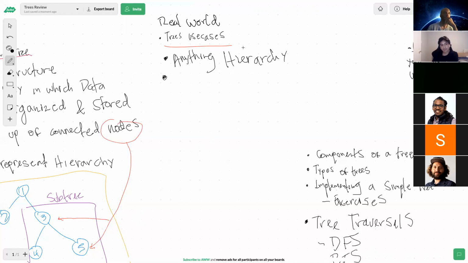A search engine uses something that is close to trees called tries. I've never implemented one myself, so you're not totally wrong on that. Actually, in fact, you're not wrong at all. But that is sort of another advanced type of tree. Is that built on top of a tree? It's technically a tree. It's a special kind of tree.